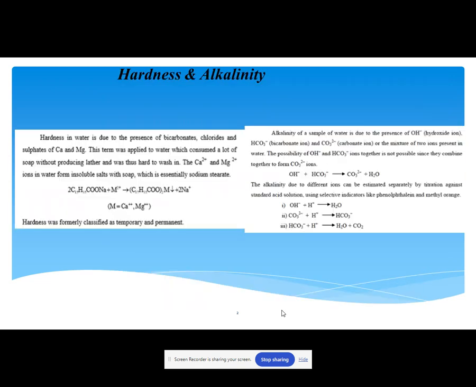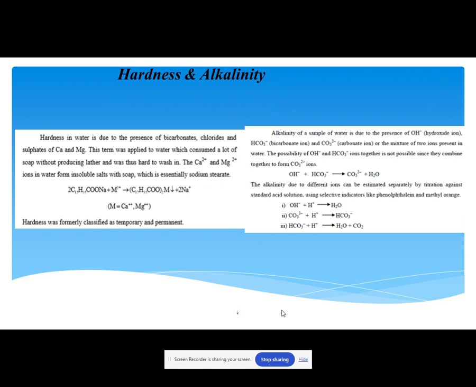There are two characteristics or properties we will discuss in our syllabus. One is hardness of water, second is alkalinity of water. Hardness in water is due to the presence of bicarbonates, chlorides, and sulfates of calcium, magnesium, and a small amount of iron, aluminum, and strontium. This term was applied to water which consumes a lot of soap without producing lather and was thus hard to wash in. The Ca2+ calcium and Mg2+ magnesium ions in water form insoluble salts with soap, which is